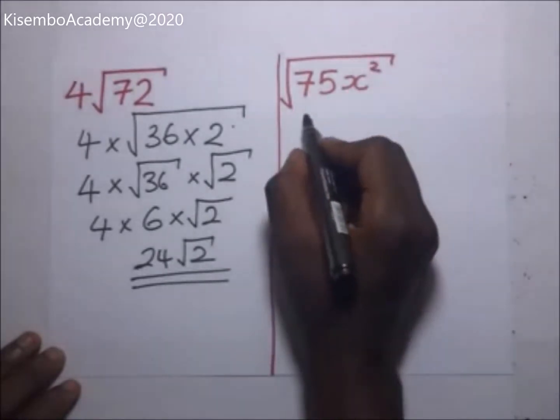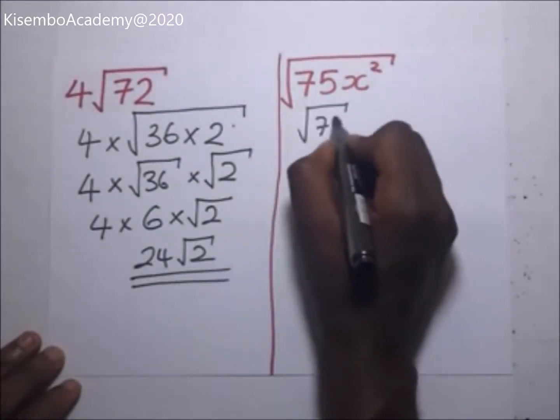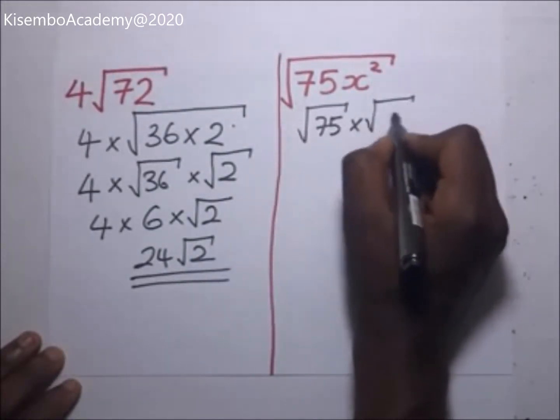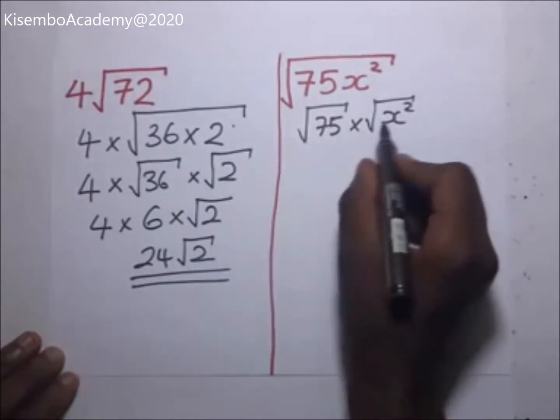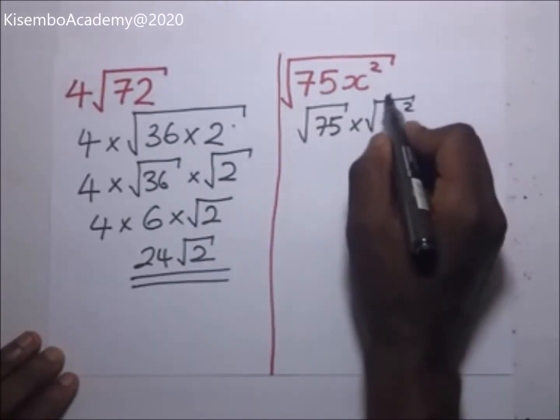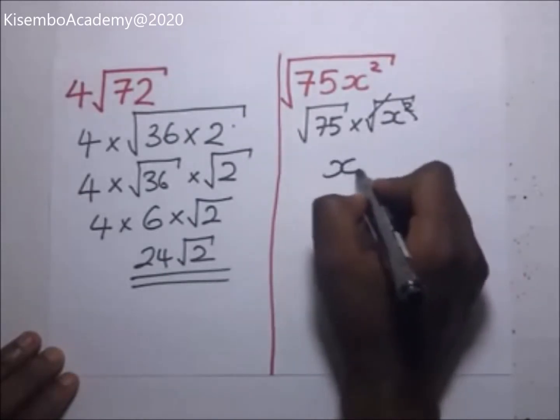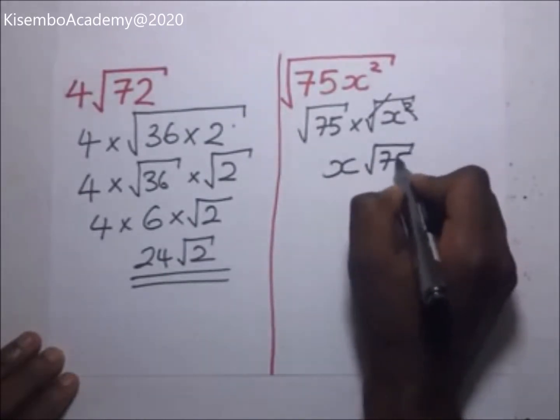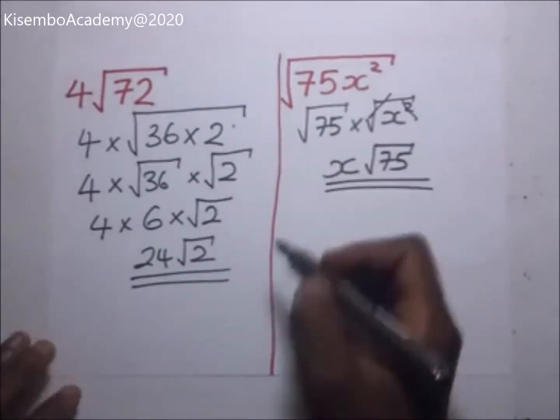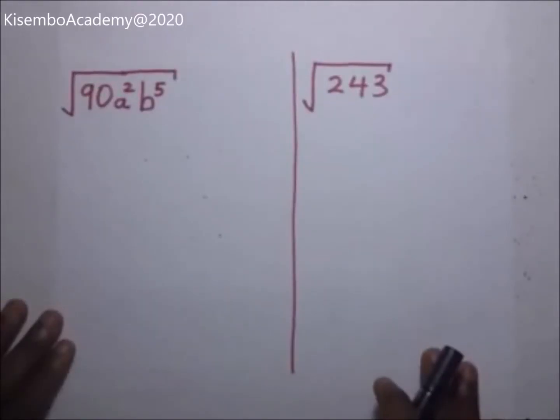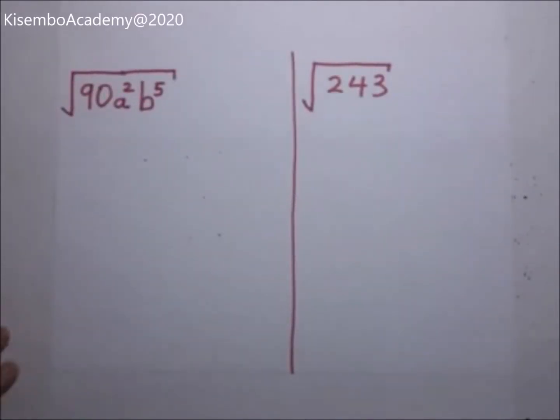75x squared is going to become the square root of 75 times the square root of x squared. And of course here, the square root of x squared, this square root goes with that, you remain with x times the square root of 75. That's the simplification of that surd. Then we have 2 more numbers right here. We have 90a squared b to the power 5. To simplify that surd,